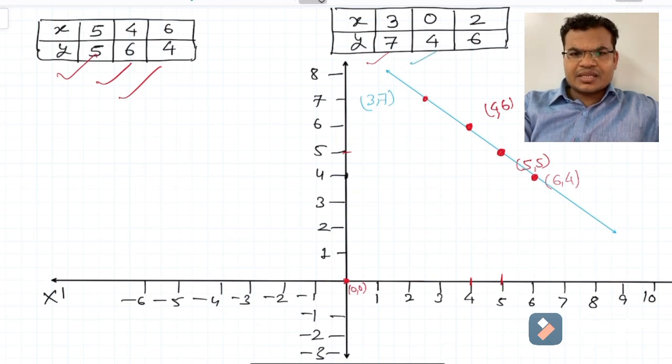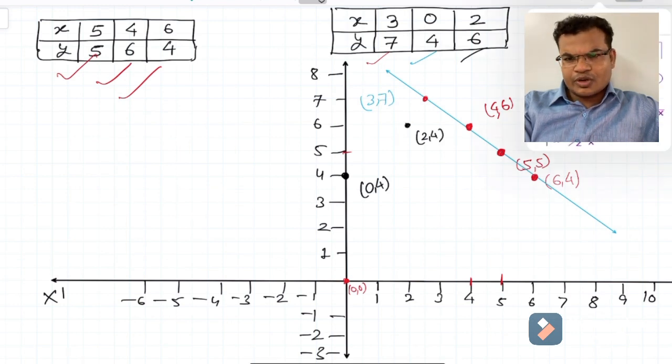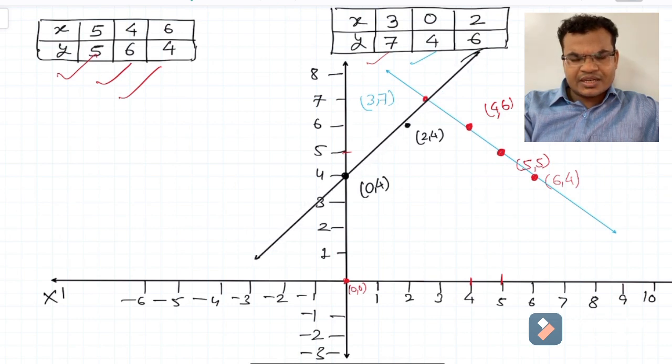The second point, I'll go for the x is 0, y is 4. So where is the x? X is on x-axis 0, we'll leave it. Y will be 4, so we'll get it on y-axis 0 comma 4. This is our second point. And the third point is 2 comma 4. The third point is coming here, 2 on x-axis, y-axis 4, and we'll draw the straight line after joining all the points. 2 comma 4, 3 comma 7 and 0 comma 4.